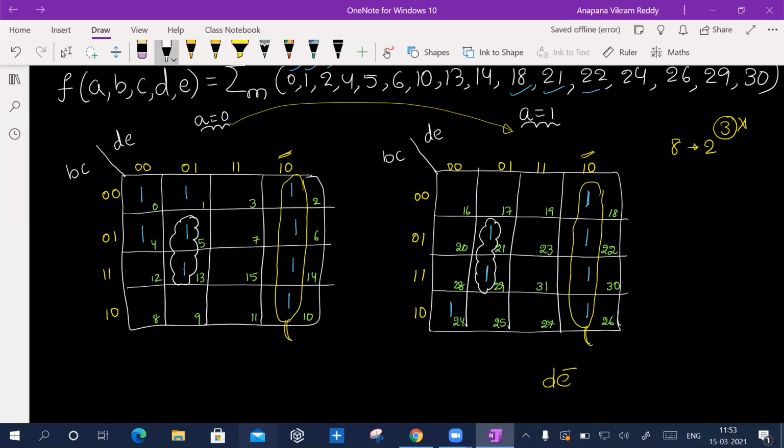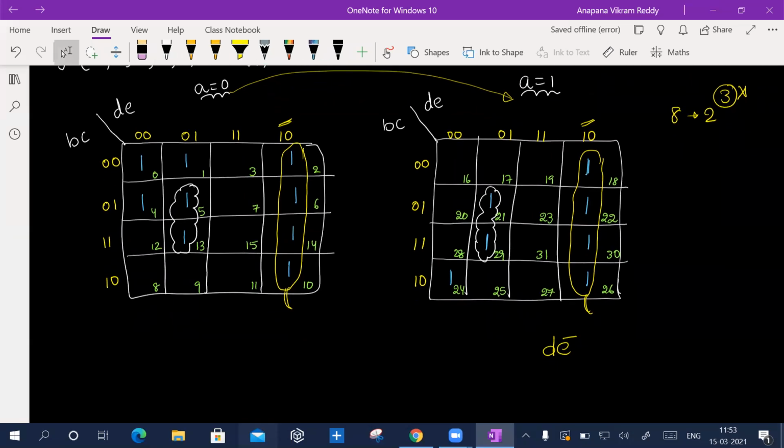So I'm again moving from A is equal to 0 to A is equal to 1. So therefore, how many cells do I have here? 4 cells, right? Yes, sir. Two variables must be eliminated. Then what do I get? C, D complement E. Agree? Yes, sir. Because C is equal to 1. This is D complement E. That's it. And anything else I have? One more quad. Very good.